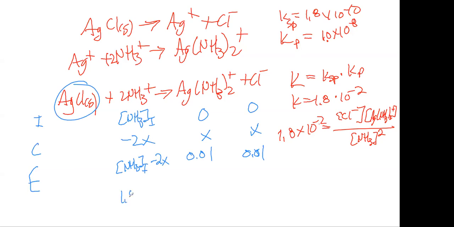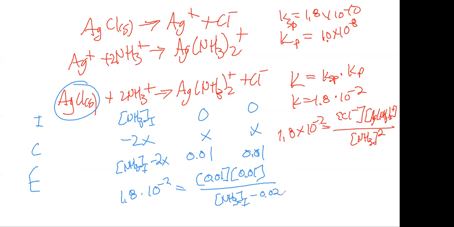So we get 1.8 times 10 to the minus 2 is equal to 0.01, 0.01. And then this is NH3, our initial minus 0.02. And we can find our NH3 now. So 1.8. So 0.01 squared becomes 0.1234 divided by